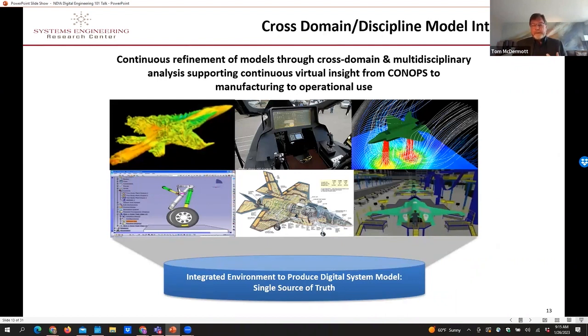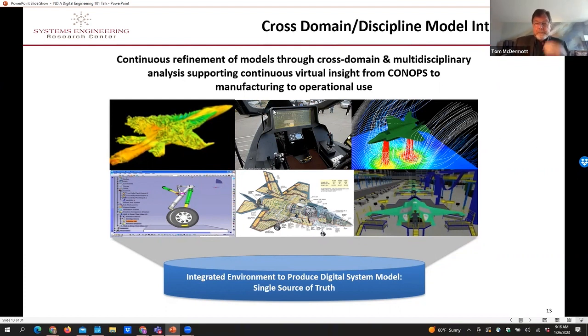So what's the value of digital engineering? You know, we often see pictures like this. So, you know, we have all of these highly complex different types of models that we might choose to use where we're integrating across aero qualities and cockpit interfaces and things like that. And there may be a misperception out there that the value of digital engineering is bringing all this stuff into one tool or building big giant models. And in the long term, we need to get over that misperception a little bit, because we're not trying to make one model to rule them all or anything like that. It's really an issue of how do we connect the disciplines together.